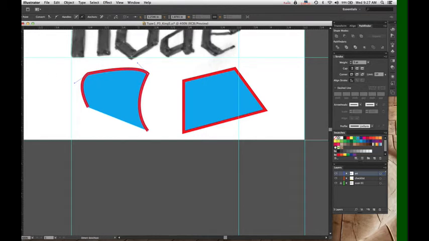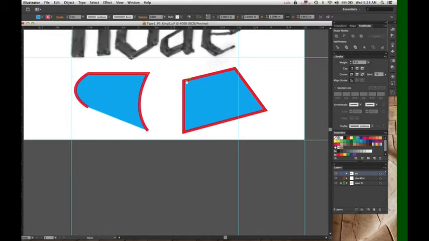So now this side of the point is a curve, and this side is flat. So this is really good when you want a straight line that transitions into a curve.